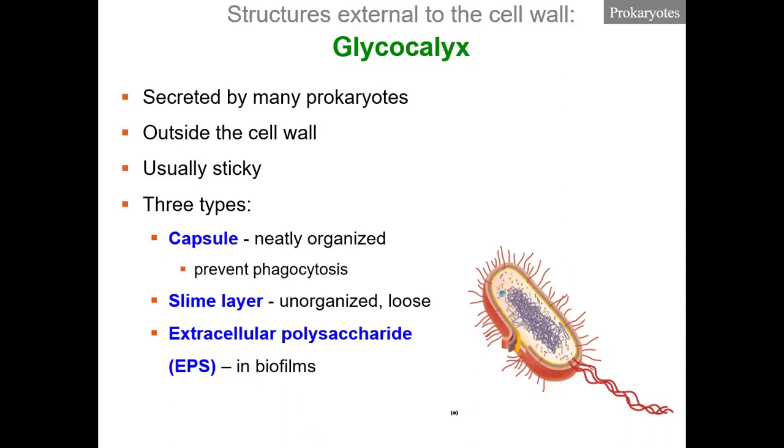All right, the extracellular polysaccharide is a glycocalyx that you see in bacteria that are in a biofilm. In fact, the cells secrete the extracellular polysaccharide from the cell, and it's that extra polysaccharide that actually will form the biofilm. Biofilms is a topic we hardly talk about in this class. It's when there's many bacteria growing in a film,